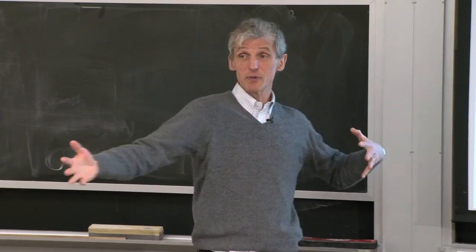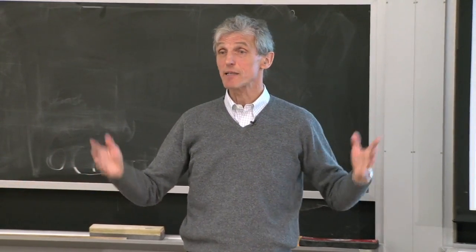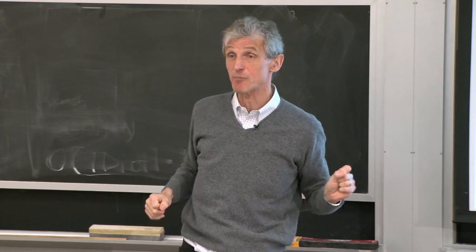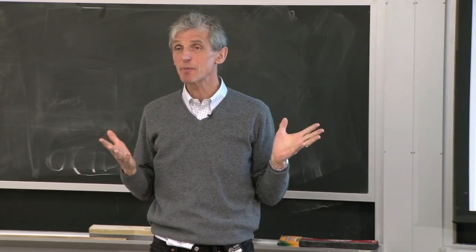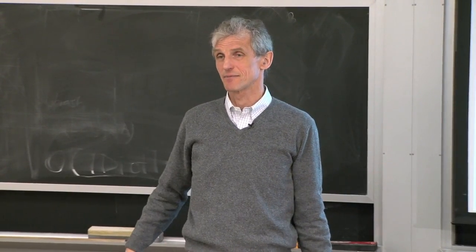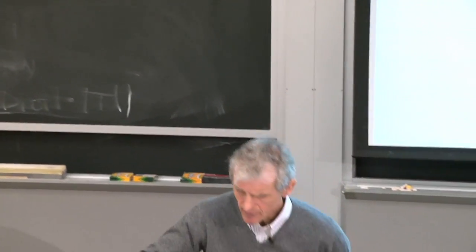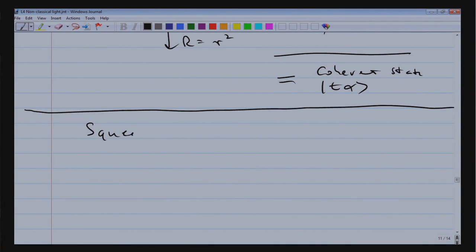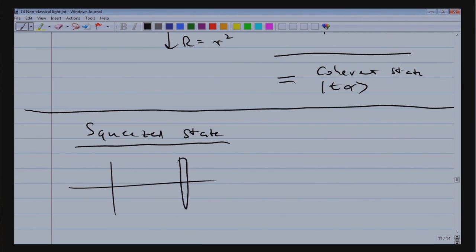And now you want to use the squeezed light, shine it on atoms, and do a precision measurement which is better than the standard quantum limit, because you have squeezed the ellipse and you want to now exploit the sharpness of the ellipse. What happens to your aspect ratio of the ellipse when your beam is attenuated? So let me just discuss it with you graphically. Let's assume we have a squeezed state and we send it through an optical fiber. You will never send a squeezed state through an optical fiber, but I want you to realize that. So let's assume we have our squeezed state symbolized by that.